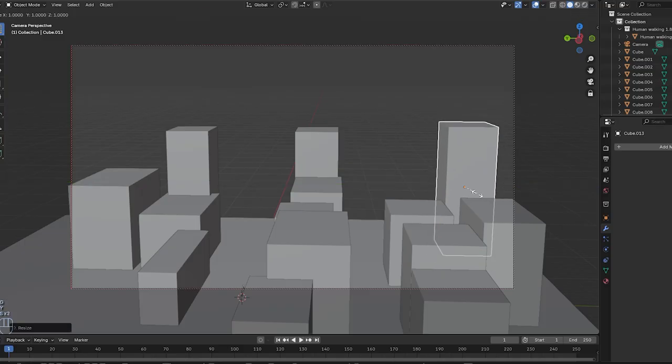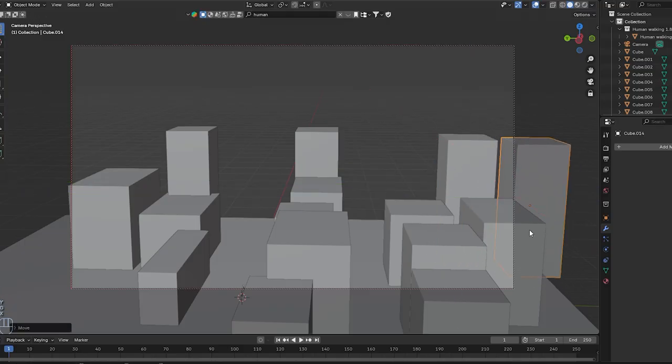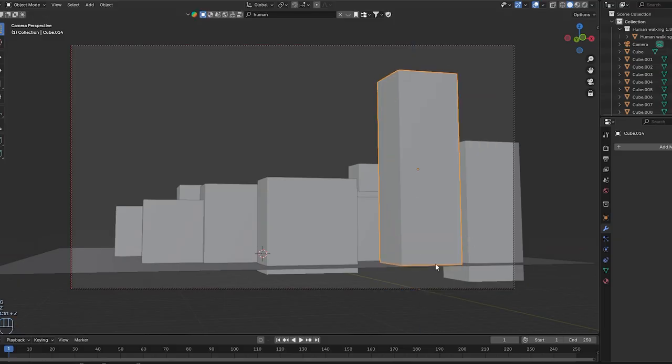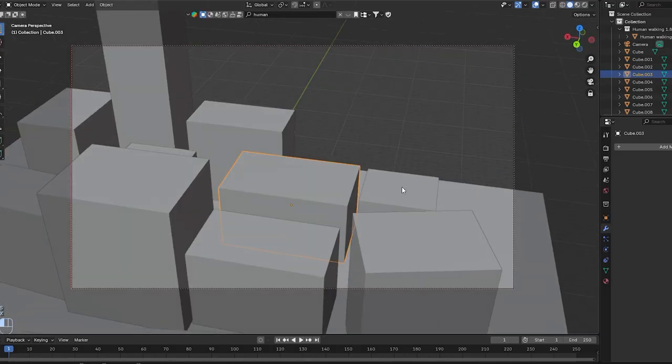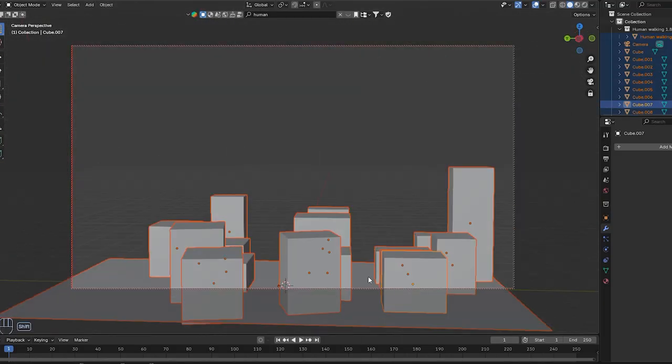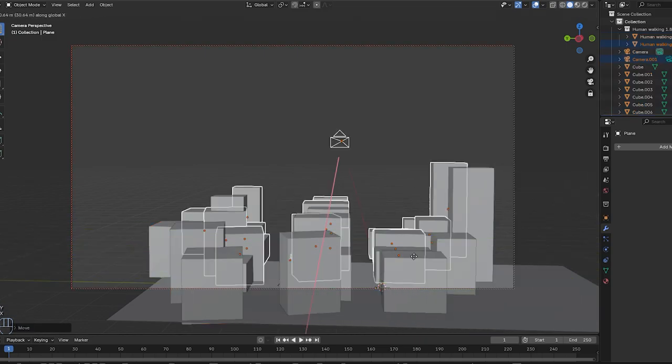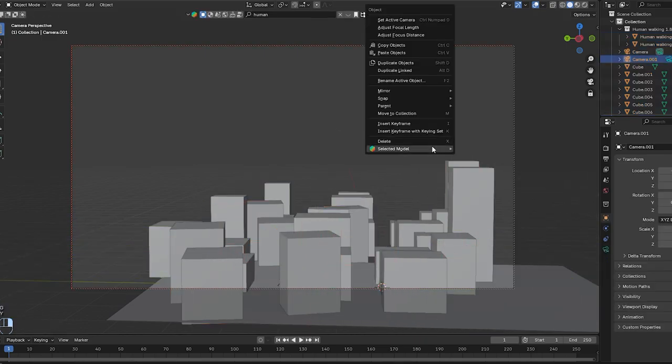So you want to give the illusion that there's a ground, right? But if you're not pointed towards the ground, then you don't need the ground, right? Like in this specific scene, I probably didn't need the plane because I'm just going to be doing an overhead, upper building view, right? So